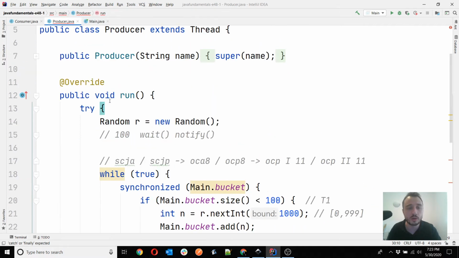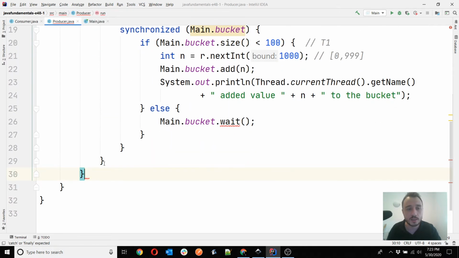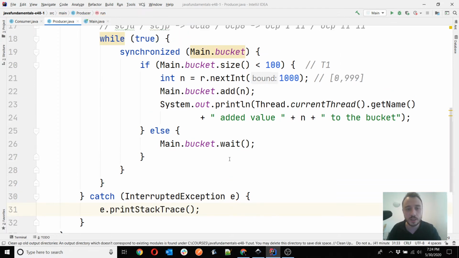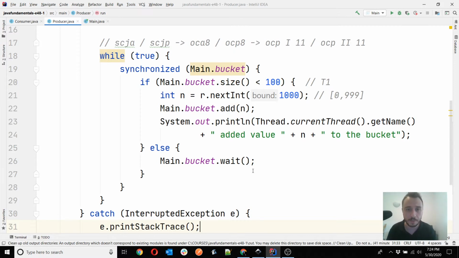So now to make our code compile, of course, I have just surrounded everything with a try-catch. So InterruptedException is my exception, and now basically everything is fine again. So what have I done here again? I've told my producer that if the list is full already and it cannot add any more values, then it has to wait. This is the line where the producer waits now because it cannot anyway add any value.